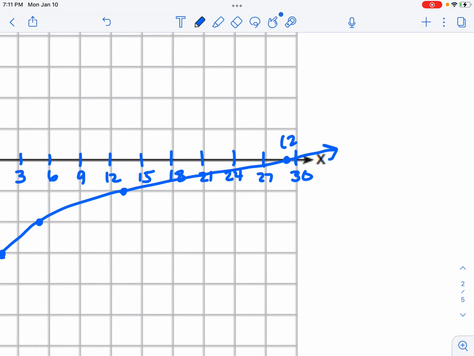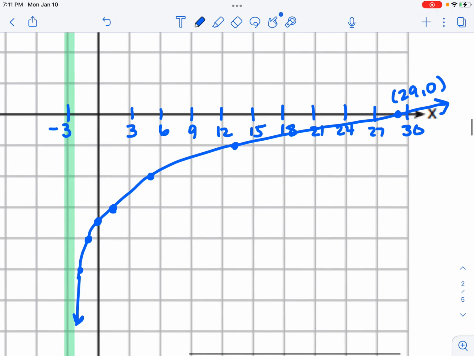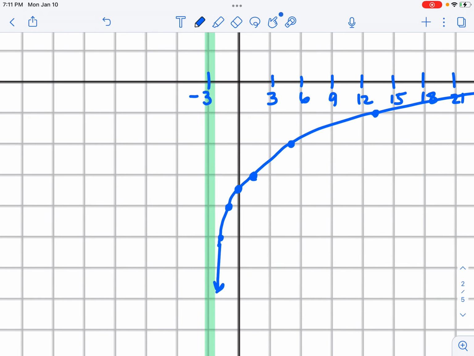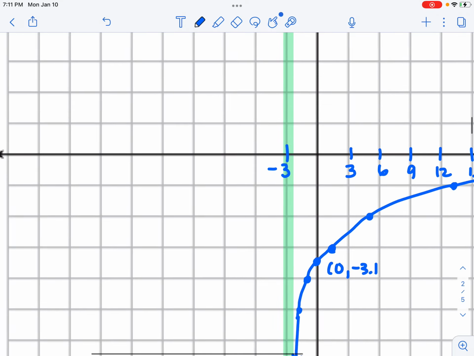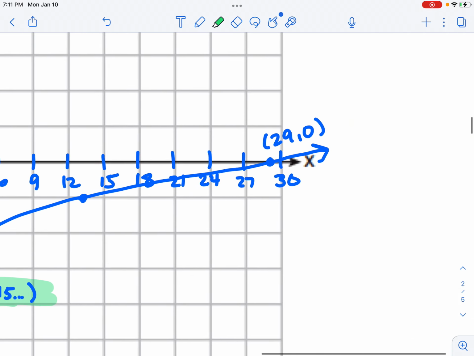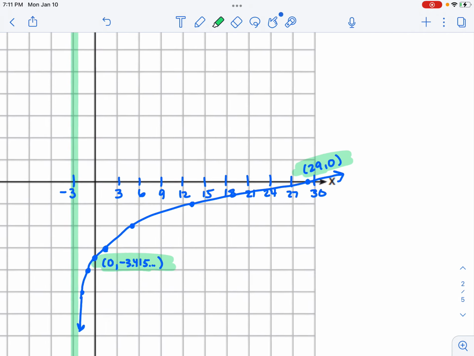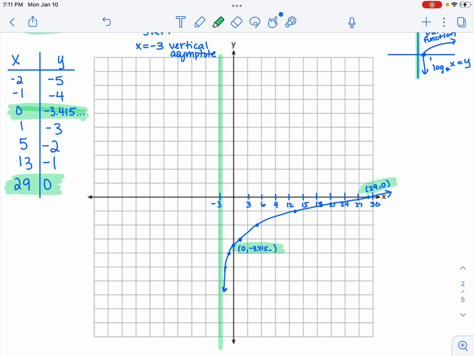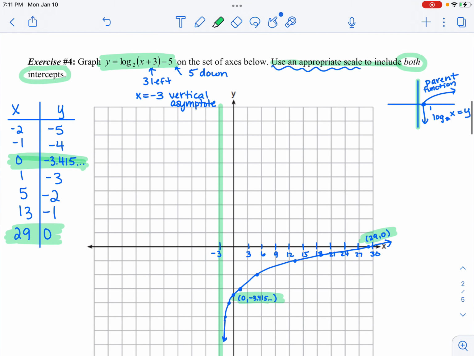I'm just going to label this the point 29, 0, and I'll label this the point 0, 0.415, approximately. Again, it didn't say you had to label. I have a table, so that's already enough information, but just to make sure we're really showing what they're asking. Okay, so we use an appropriate scale because what is not allowed to happen here is if, let's